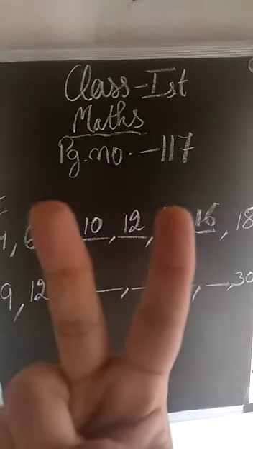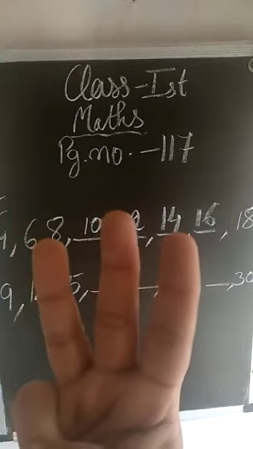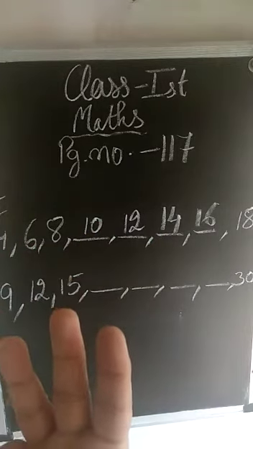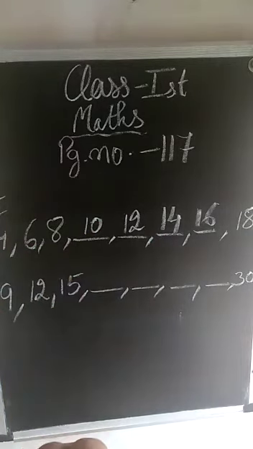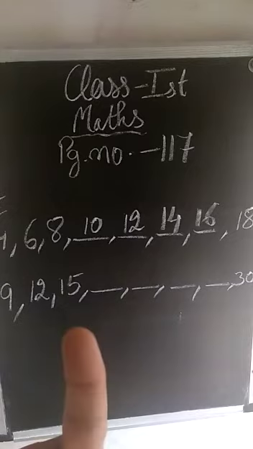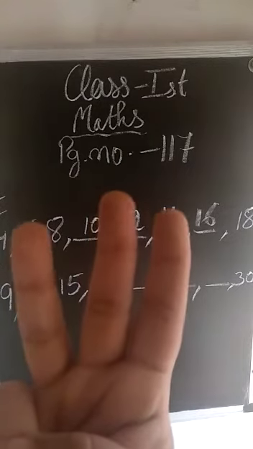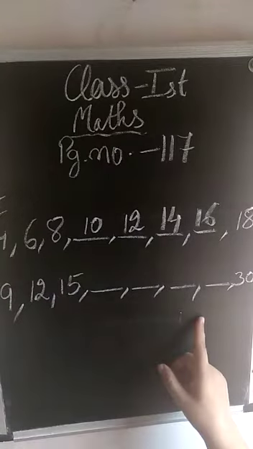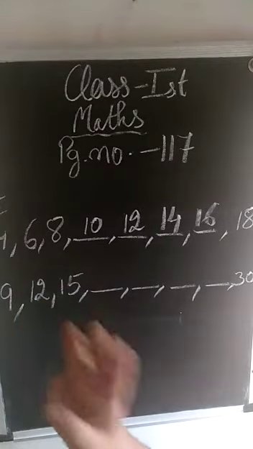10, 11, 12. To approach 12, I have raised my 3 fingers. After 12 again I will start verifying this for the second term. After 12 what number will come? That will be 13. 13, 14 and 15. That means 3 numbers. That means to continue with the same sequence we have to raise 3 fingers.